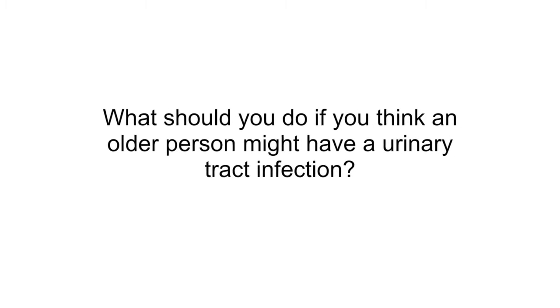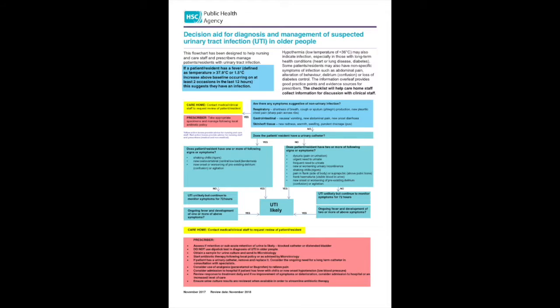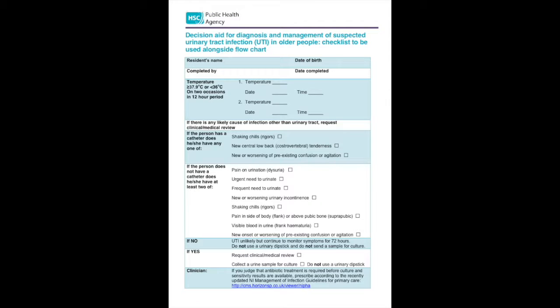So the diagnosis of urinary tract infection can pose quite a lot of difficulties, especially in the elderly population. The Public Health Agency has produced a new decision aid, which is a flowchart to be used by people who work in care homes and nursing homes and by GPs to come to a decision about whether somebody might have a urinary tract infection, what investigations would be appropriate, and whether or not treatment might be required. The last page of the document contains a checklist which care homes can use to document their observations and their